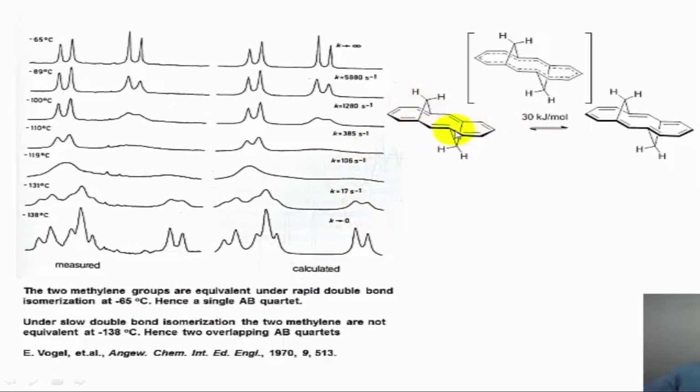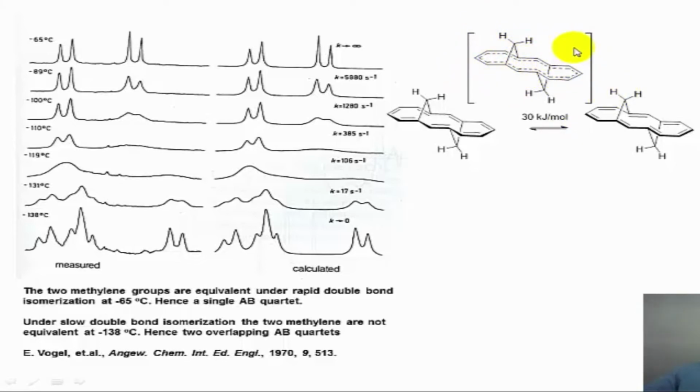In other words, when the molecule is undergoing a rapid interconversion, which is the isomerization of the double bond, essentially these double bonds are shifted and another set of double bonds are put in place by means of delocalization of the double bonds in this system. So this is essentially called double bond isomerization, and this is taking place extremely rapidly even at minus 65 degrees or so. Under the rapidly interconverting stage, the NMR would see a structure which is very similar to this. This is a symmetrical structure.